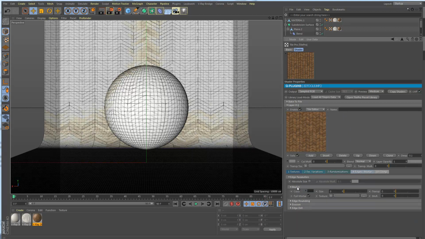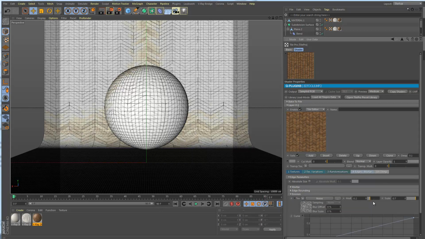No edge rounding, no mortar, or just plain full mortar, but no size setting. Important, an erosion, because everything we see visible here is just a slight eroded edge,